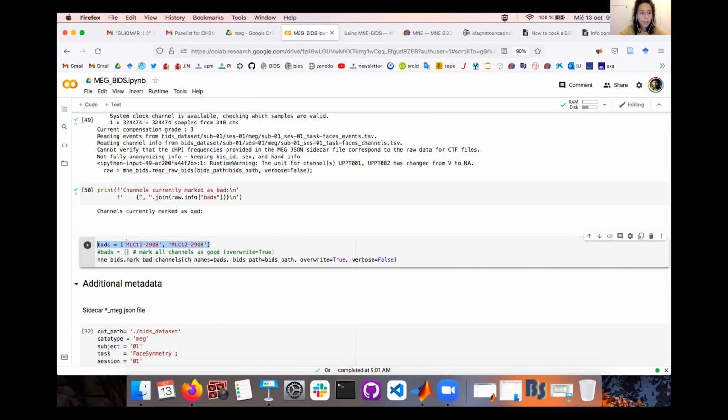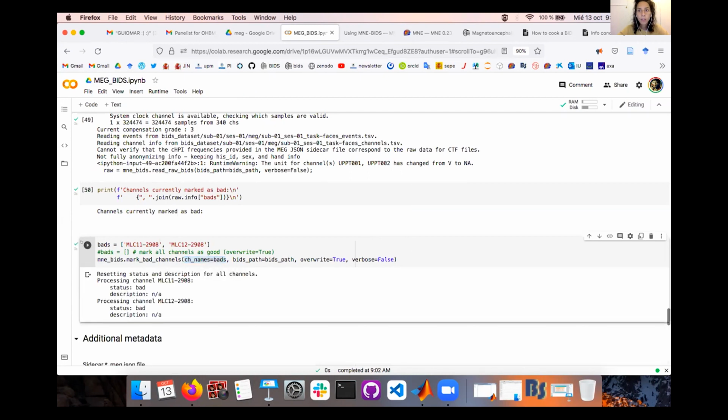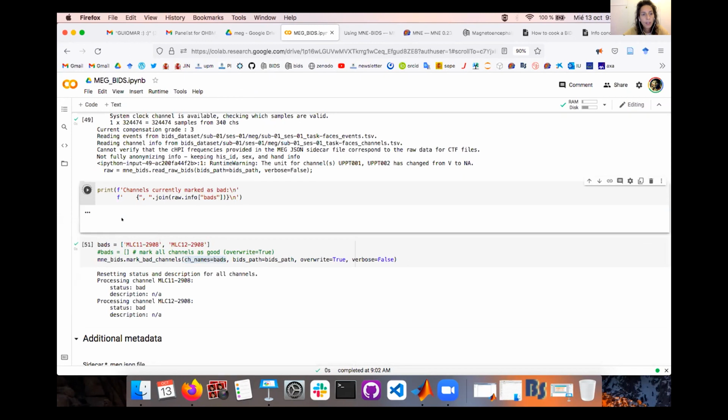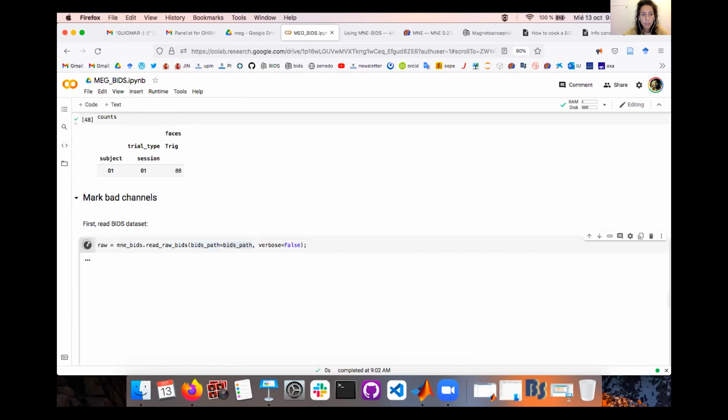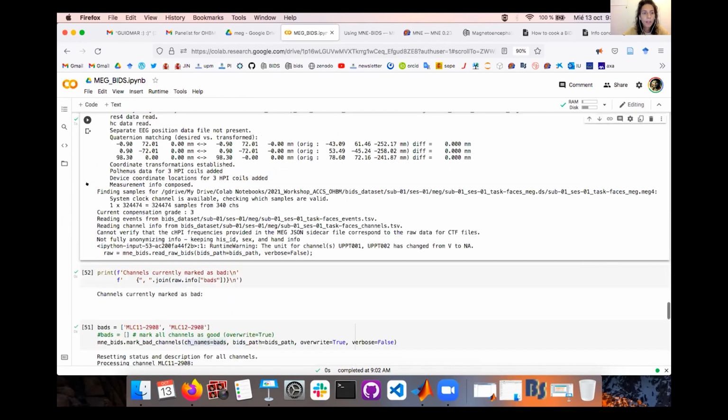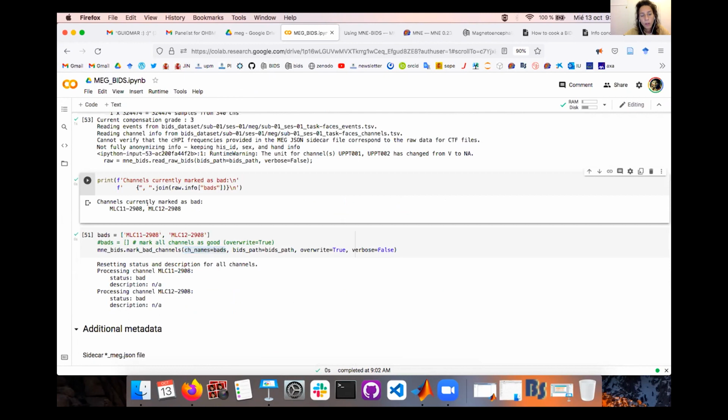So we can run this, specify there the channels that we want to mark as bad, and then just run MNE-BIDS mark_bad_channels, and then you put in the channel names the ones that you have indicated, and overwrite true. Then run, and if you run this again, you have to read the data file again because it's saved, and then you run, and you have 2 channels marked as bad.